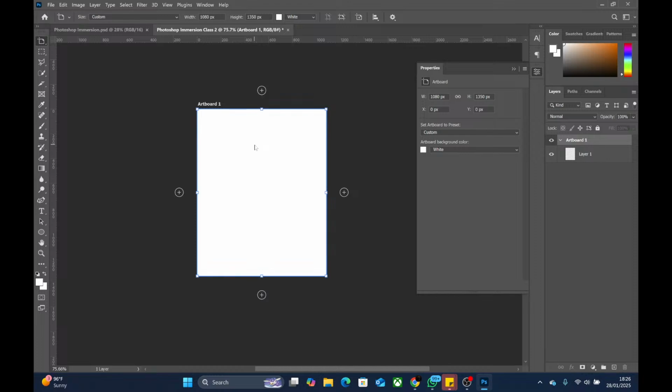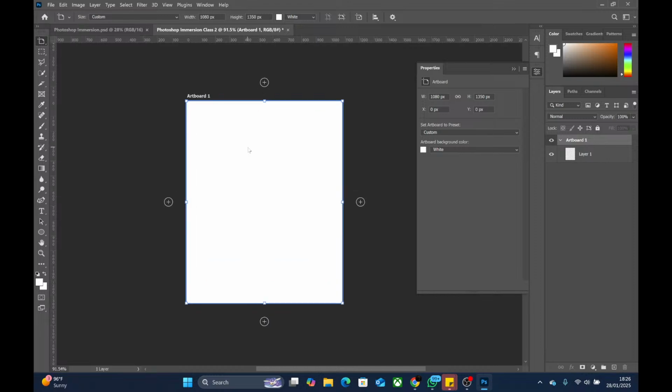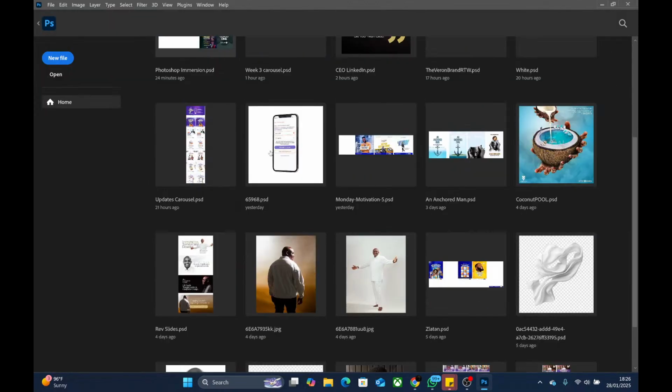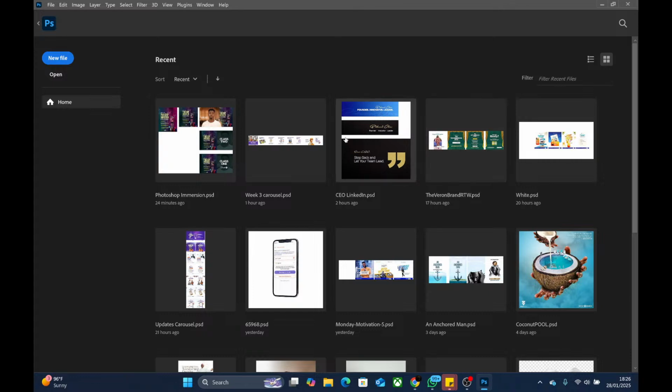So you have this empty screen. Now in design, we mentioned yesterday that graphic design is the practice of combining visual and textual content to create an image for communication purpose. Okay, so on this artboard, you are an artist right now. You want to add colors, you want to add images, you want to add text, you want it to look good. And I'm going to open some of my recent files and then show you some stuff.